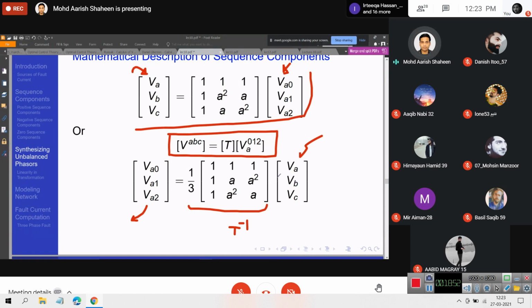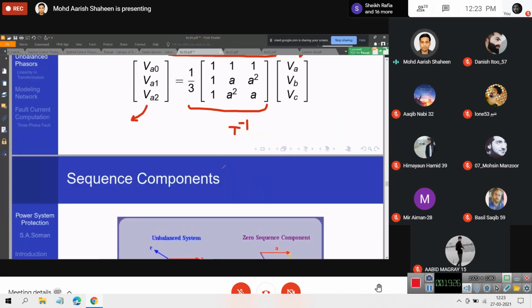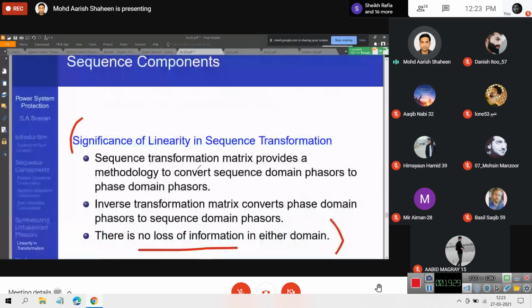It does not happen that if I gave you VABC, you can find, let's assume, the positive and negative sequence, and you may not be able to find out, say, the zero sequence value. That is not possible. This is an invertible transformation. Given sequence values, you can find voltages, and given voltages, you can find sequence values. In this respect, it is very similar to other linear transformations that you have studied. For example, the Laplace transform is a linear transformation, the Fourier transform is a linear transformation, and so on. Almost all transformations that are interesting are linear. There are many exceptions obviously as well. So that is the importance of linearity.